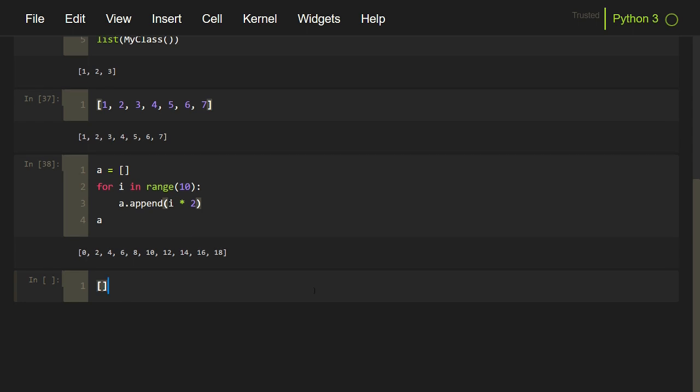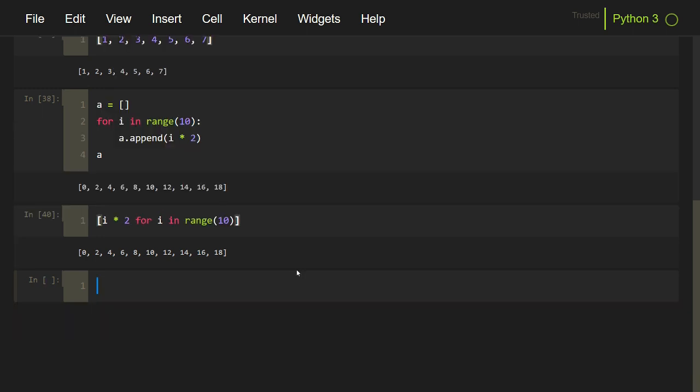Inside the square bracket, you will first specify the elements that are expected inside the object. This can be an expression like this or an individual variable. So I will paste this expression, and then we can just copy this for loop without the colon and paste it over here, and it will create the same list as before. And notice that this is very compact, easy to read, easy to write as well, and it is performance wise faster as compared to writing custom loops. In short, this is a Pythonic way to construct lists.